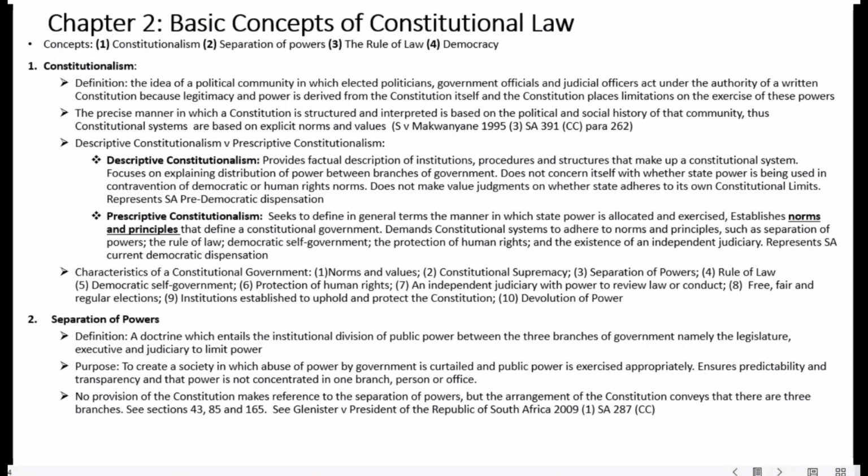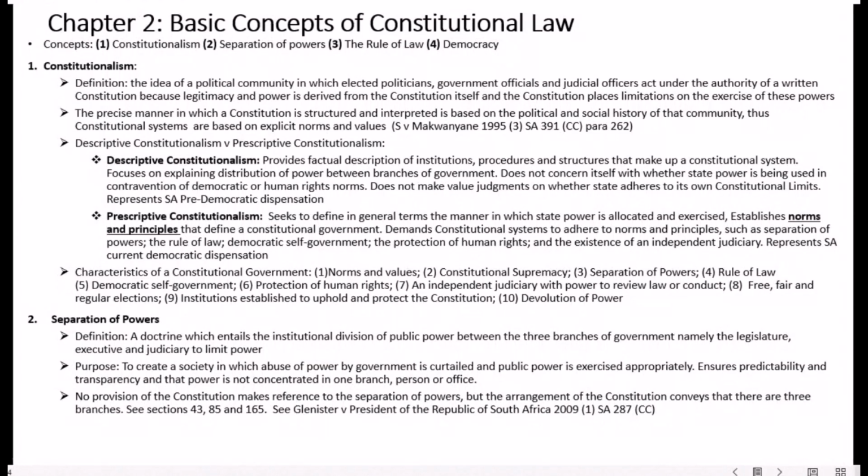So with constitutionalism, colleagues, it is defined as the idea of a political community in which elected politicians, government officials, and judicial officers act under the authority of a written constitution, because legitimacy and power is derived from the constitution itself, and the constitution places limitations on the exercise of these powers. So it basically is the idea that there'll be a written constitution that will actually guide the use of power